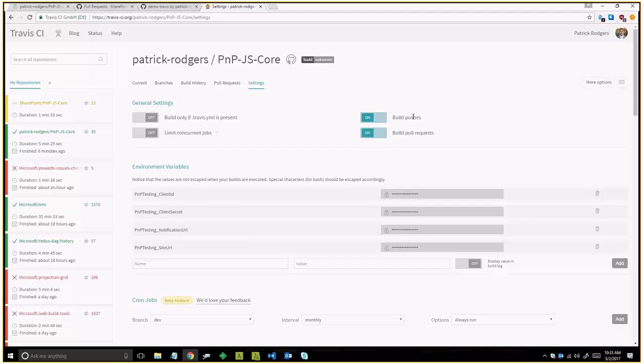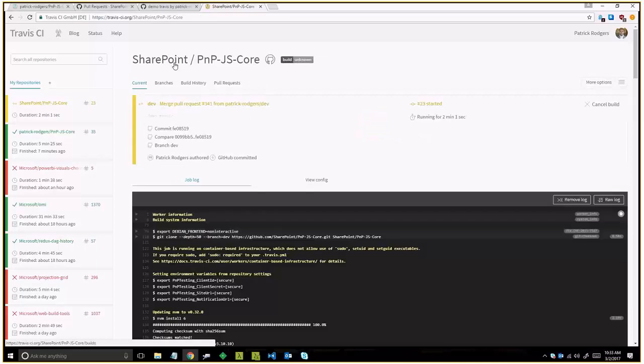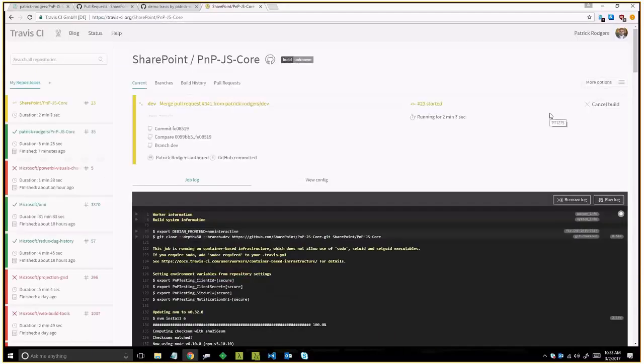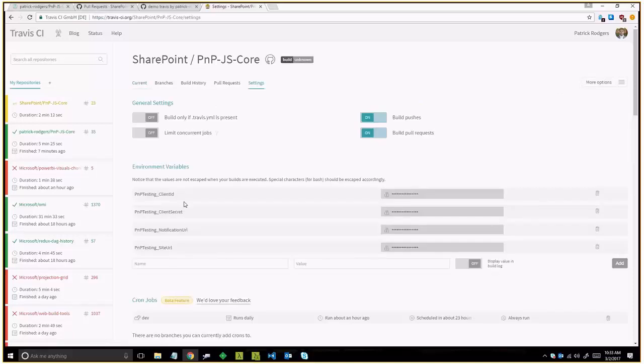And you have settings for building on pushes, building on pull requests. You can build only if the Travis file is present, things like that. And then to show you, so this is in the SharePoint JS core. So this is now also going to run all our web tests because this is a merge. And I want to show you the settings here. So I've got the same client ID, secret, notification URL, etc. One thing, they're different values. Obviously, I'm using my personal site for my repo, and then we have a patterns and practices site for these